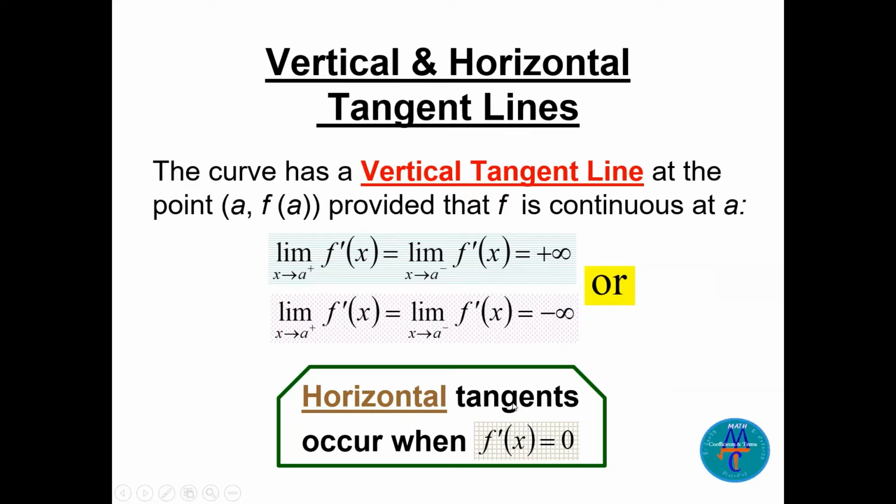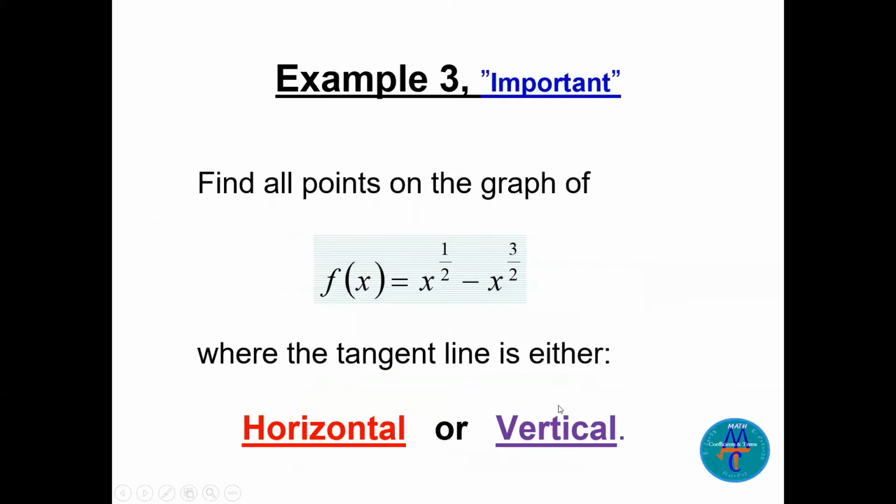Now horizontal tangents: we have seen that horizontal tangents occur when the derivative is equal to 0. So this is the horizontal tangent like this. We have seen many questions before. Now let's look at this nice question. Find all the points on the graph of f of x equals x to the power half minus x to the power 3 over 2, where the tangent line is either